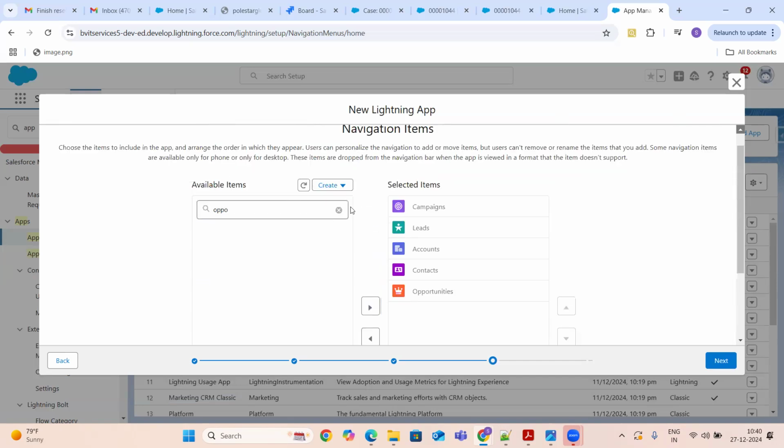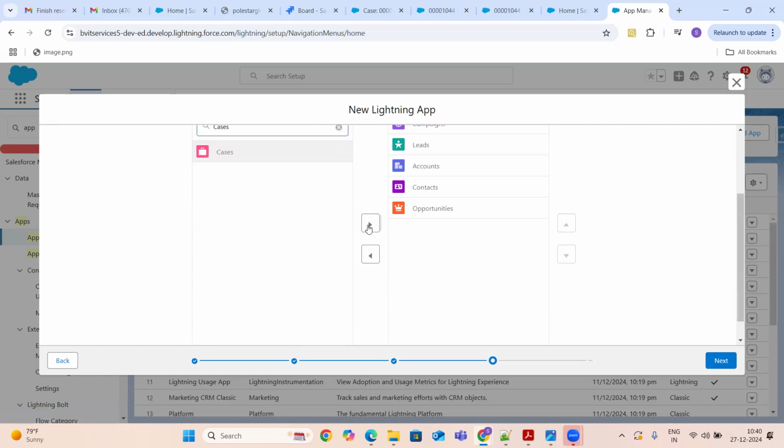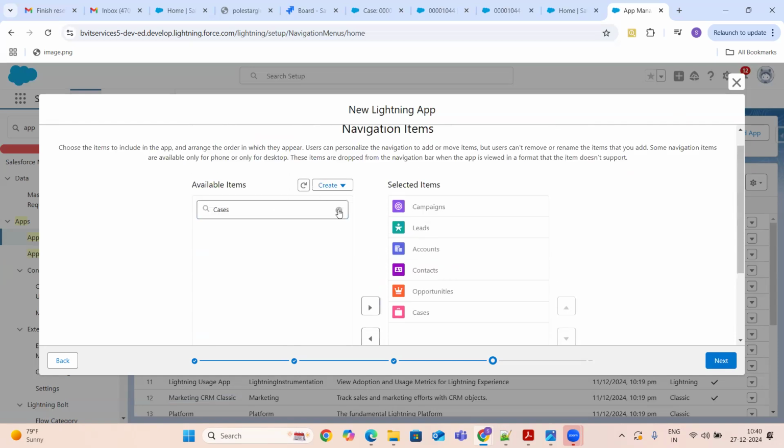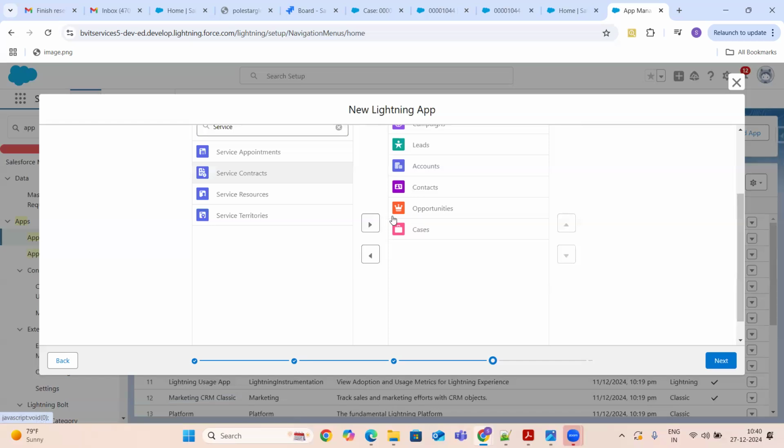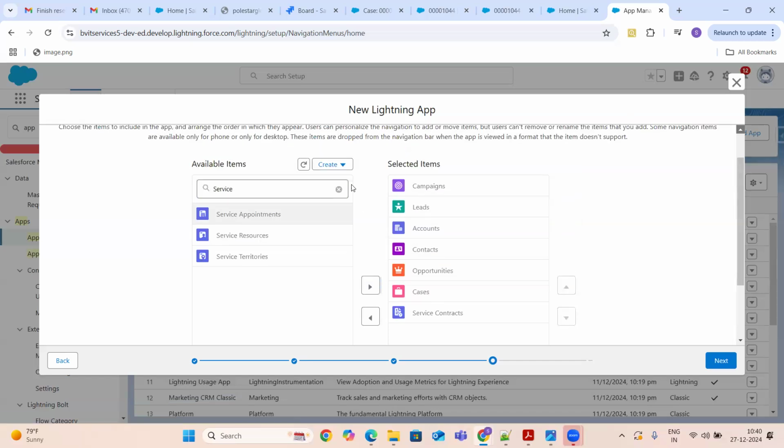The next thing that we have seen is cases. And then service contracts. And then we have reports.